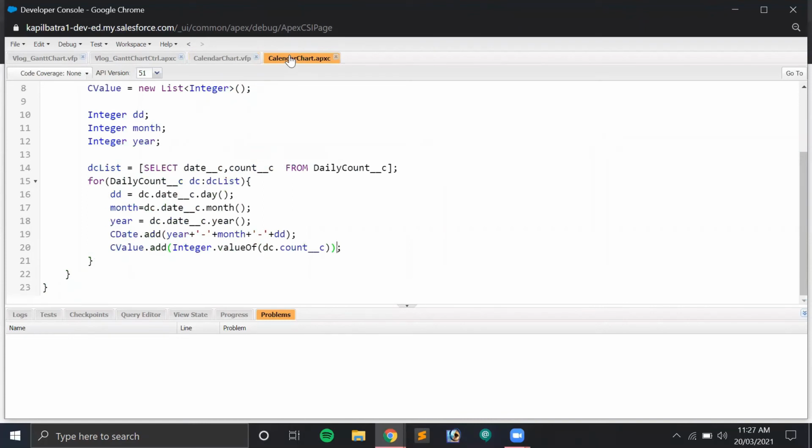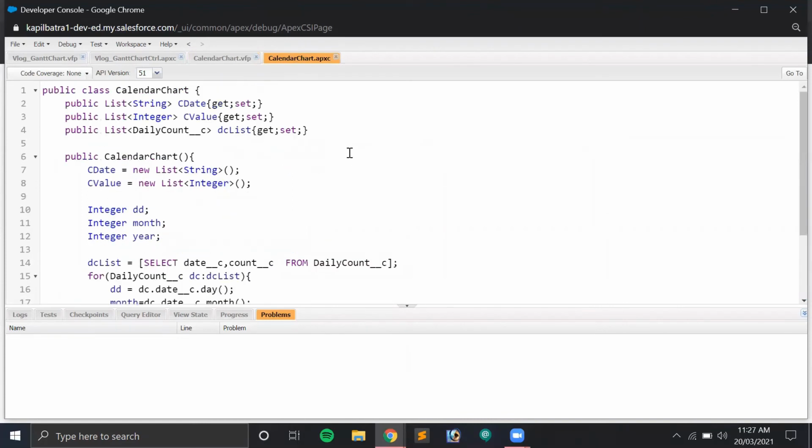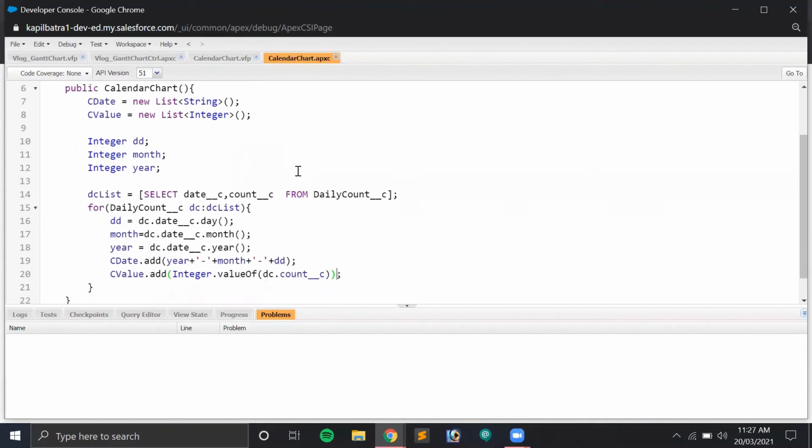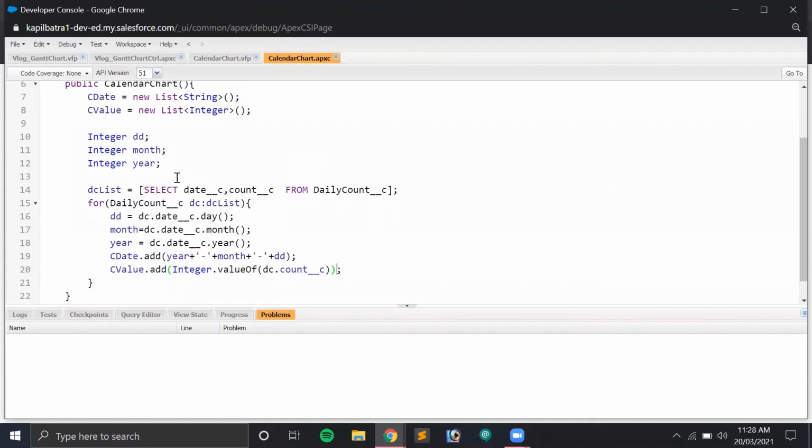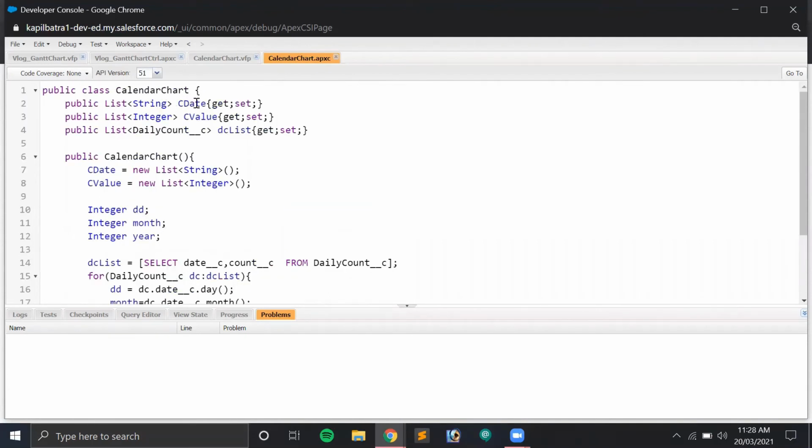Let me show you the Apex now. So guys, in Apex I'm having two lists here, a list of dates and a list of values, and underneath that I'm having a list of the object itself. So I'm just getting the data from the object, and after that we are just putting the values in the lists. We are putting the value in the date and value format.